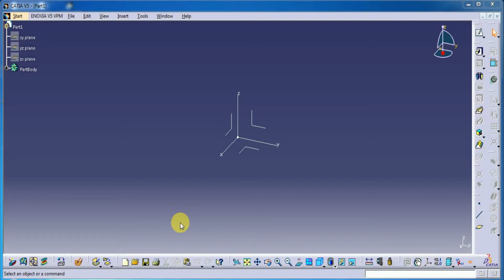In this class we are going to draw an intake manifold. Let's see how it's going to look visually after we finish our 3D model. Okay, let's start. Select this plane,